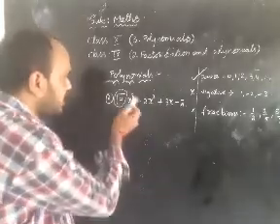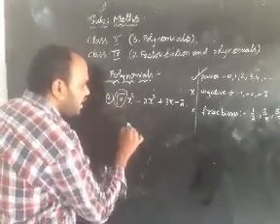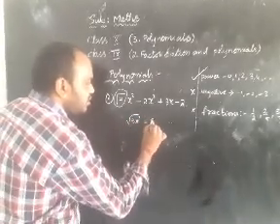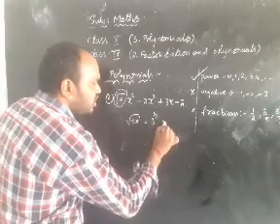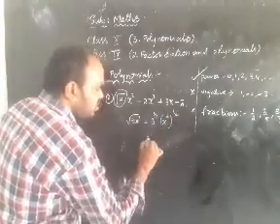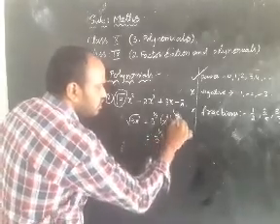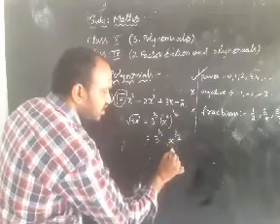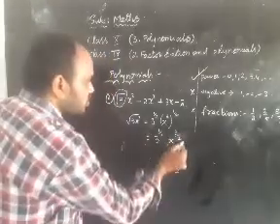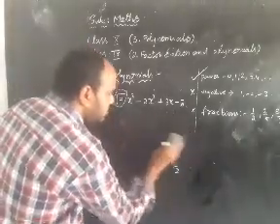You people will get the doubt here. Sir, the root we can write as root of 3x cube, and it will be 3 to the power of 1 by 2 into x to the power of 3, whole to the power of 1 by 2. Then 3 to the power of 1 by 2 into x to the power of 3 into 1 by 2 is 3 by 2. Here the power is 3 by 2. It is a fraction. So this would not be a polynomial, but that is wrong.